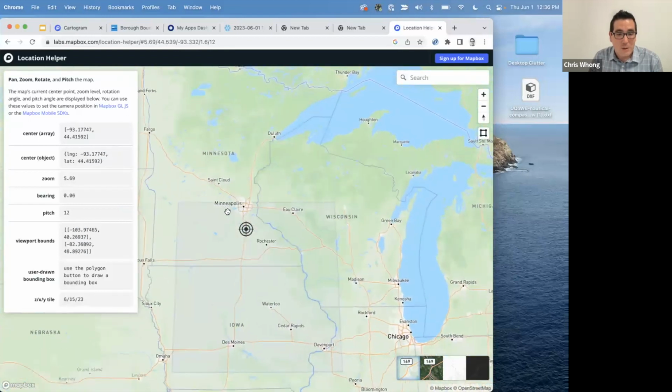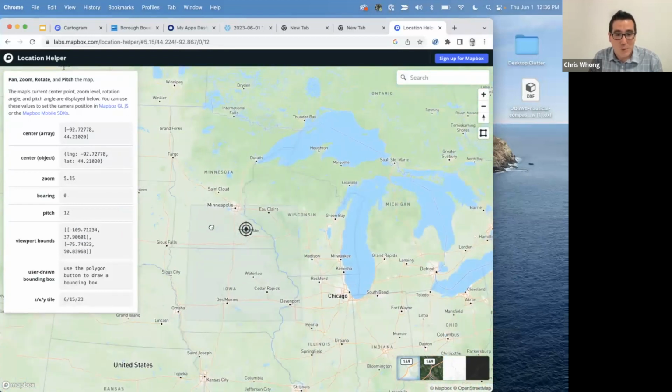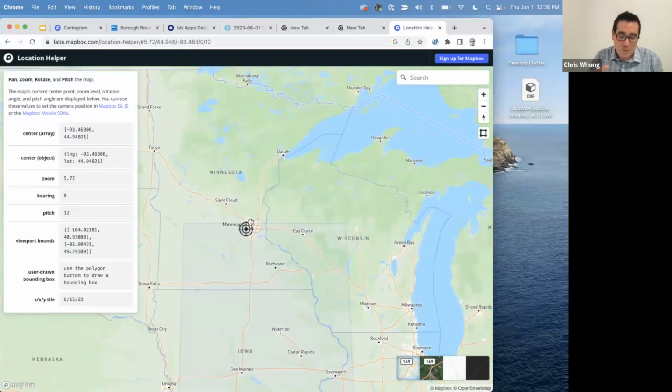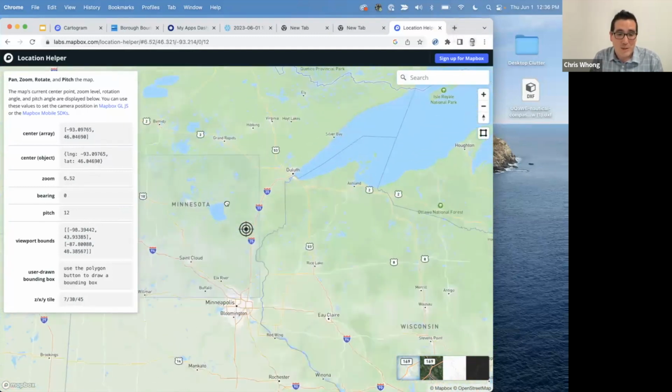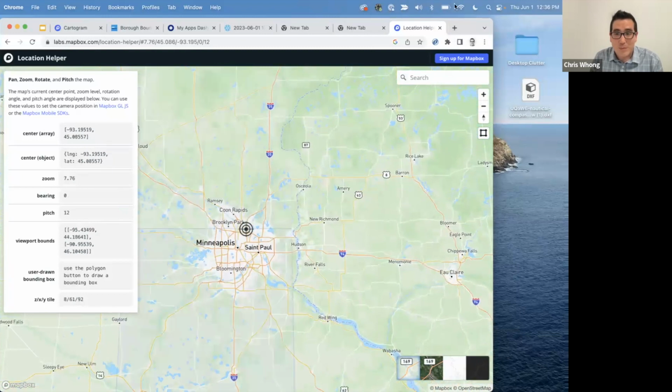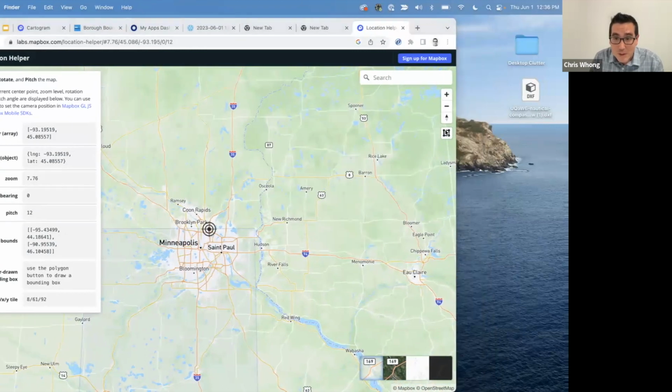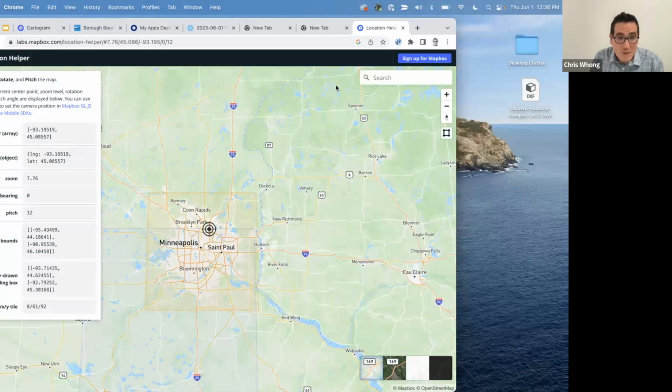And the other thing you can do here is bounds, right? A lot of times you don't just need a center point, you need a bounds, and that's helpful when you're doing things like flying to. And just as a little example here, I'll show how you can practically use these bounds. So say, for example, actually, there's a little bounds drawing tool here. I can't see it because Zoom things are hiding parts of my screen, but let's see if I can click on this little drawing tool and say, I want the bounds for just Minneapolis, St. Paul, as best as I can get them.